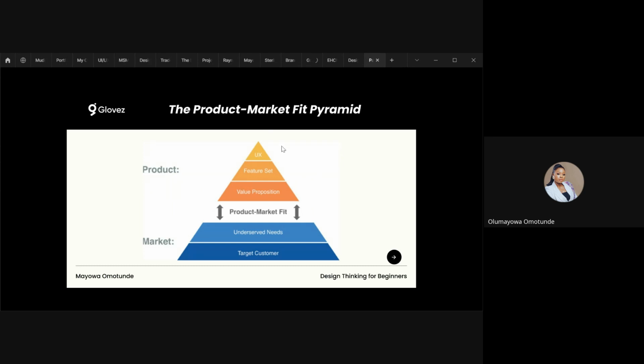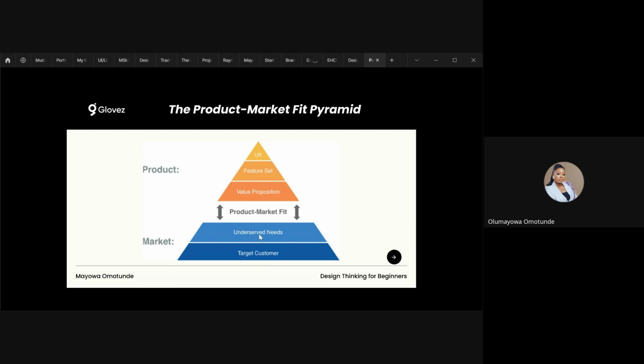So this is the product market fit pyramid, and we can easily relate it with the design thinking process. Here we have two stages, the products and the markets. In the market, we have target users and underserved needs, while under the product side, we have value proposition, feature sets, UX. So to first understand your market, you have to know your users, which you would be able to know when you advertise with them, defining your target customer,